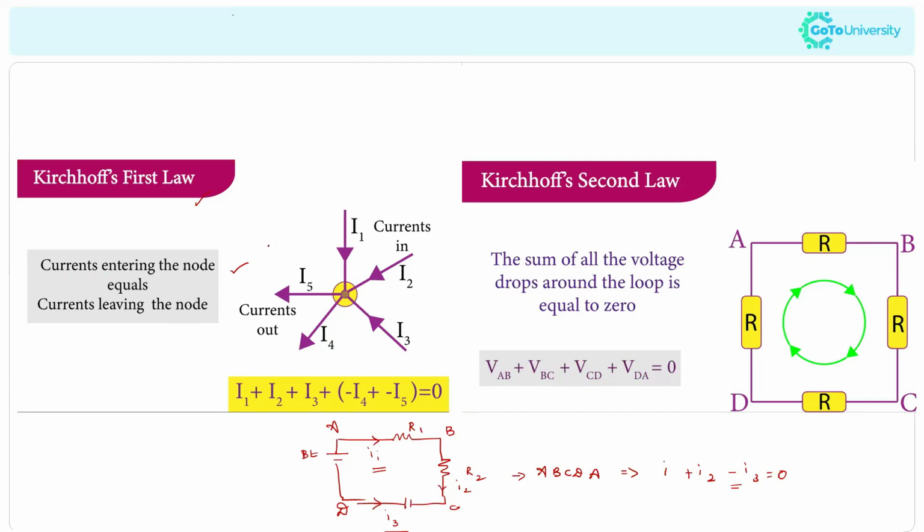Now Kirchhoff's second law is called Kirchhoff's voltage law. Kirchhoff's first law is a current law, the second law is the voltage law. In the case of the second law, the sum of voltage drops around a loop is equal to 0. Similarly to what we did for the current, here we are doing for the voltage. Make sure you study Kirchhoff's law properly, because when you go for NEET, most of the questions will come from this part of current electricity.